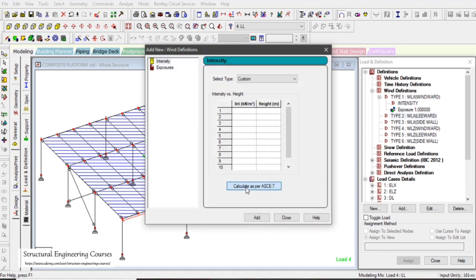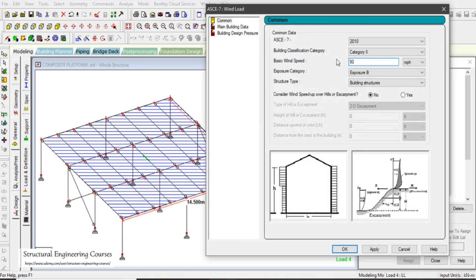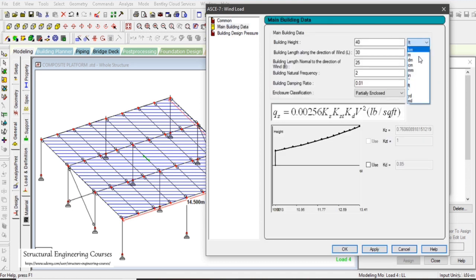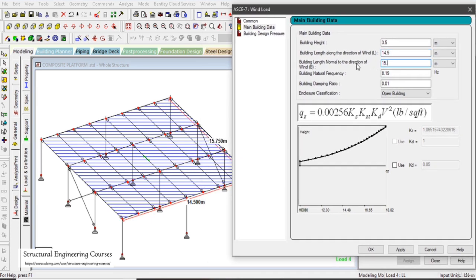So again we repeat the same procedure here. Basic wind speed as 90. Exposure category, structural type as building structures. Main building data we can select as meters here, and natural frequency 8.19. Enclosure classification we select as open building, and height as 3.5. Length along direction of wind is 14.5, and this as 15.75. So left click on apply here,